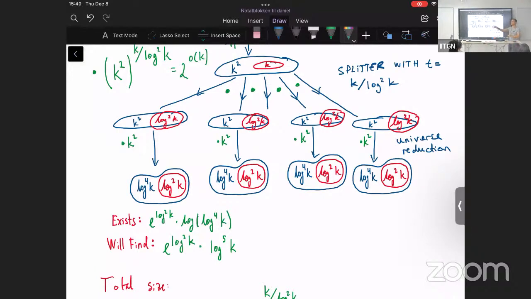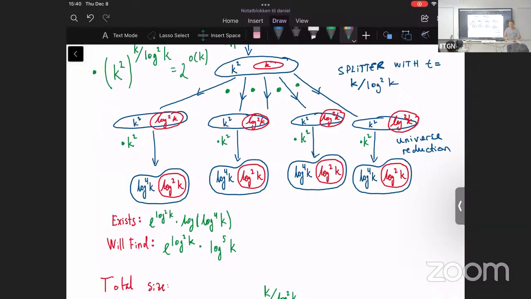I had this existential proof that says, if I'm looking for a set of size log square k perfect coloring family, then there is one of size e to the log square k. I couldn't find it before because k was big, but now I can afford to spend time 2 to the k. But the parameters that I'm playing with now are way smaller. They're like polylog k range. So now I can afford to do crazy brute force style kind of things.